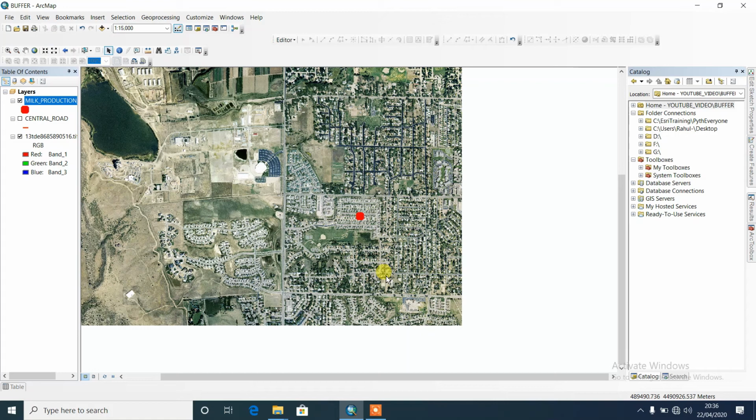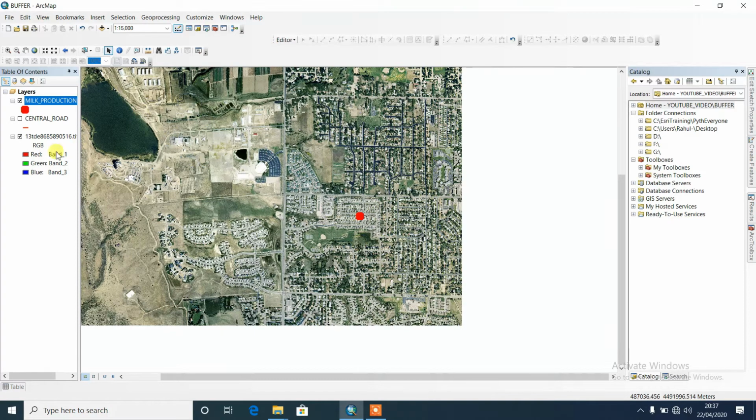Welcome guys. Today I am discussing the most important part in GIS, that is buffer. Generally, buffer means a distance from a point or from a line, just to analyze and realize things, or we can apply it in our real life. Generally we are also applying it in our daily life.